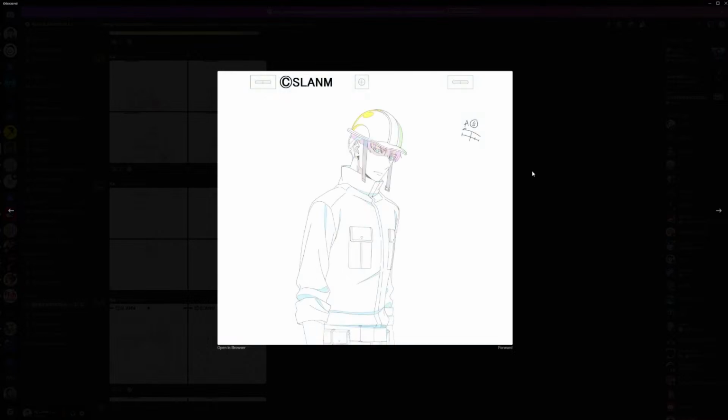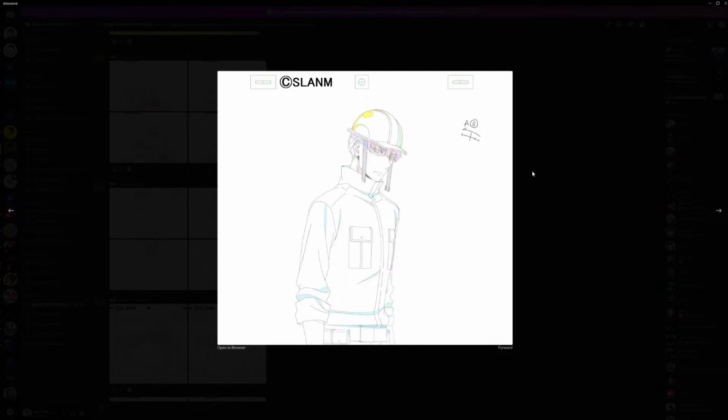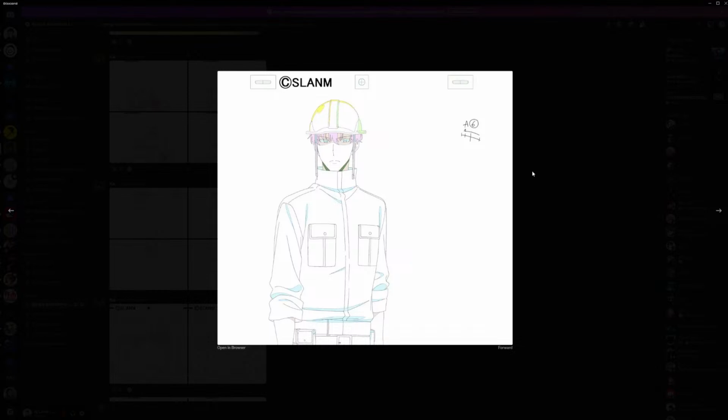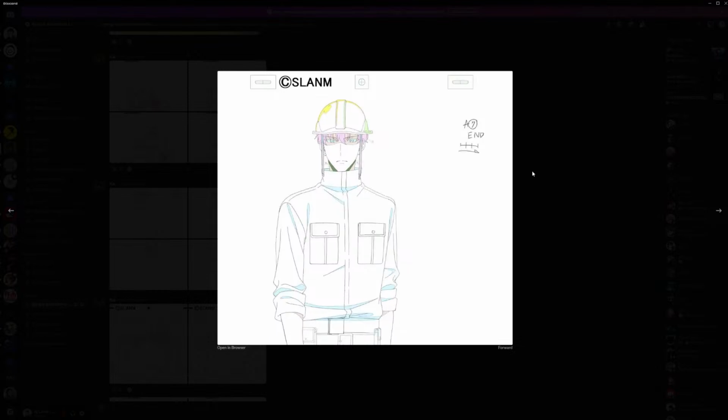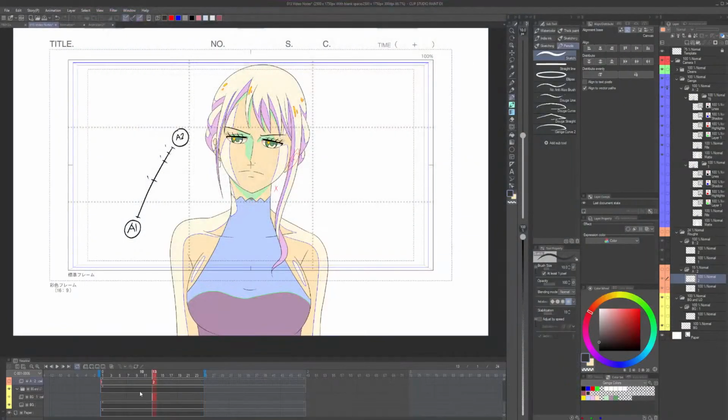He's easing out of the action, right? He's easing out, and then he's eased into this pose over here, and then it's thirds, right? So most of the time between two key poses, you're gonna have a space that's around